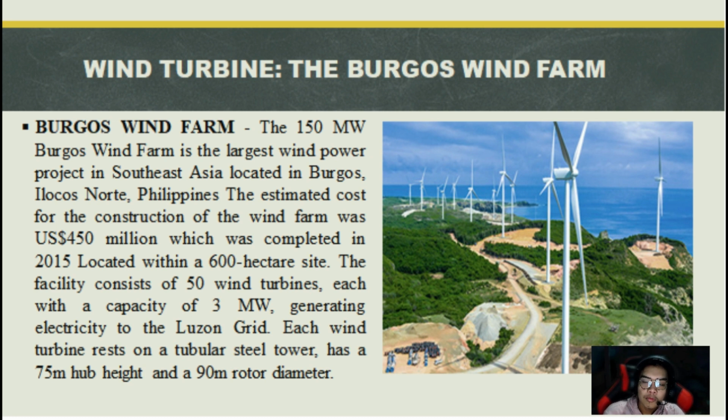So ito yung wind farm natin or largest sa buong Pilipinas at sa buong Southeast Asia. So yung Pilipinas ay may 50 wind turbines na Burgos Wind Turbines nagsasakop sa 600 hectare site na kaya mag-generate ng 3 megawatts each, which sa total of 150 megawatts na nagpo-produce sa buong Luzon grid. So yun lang. Next,